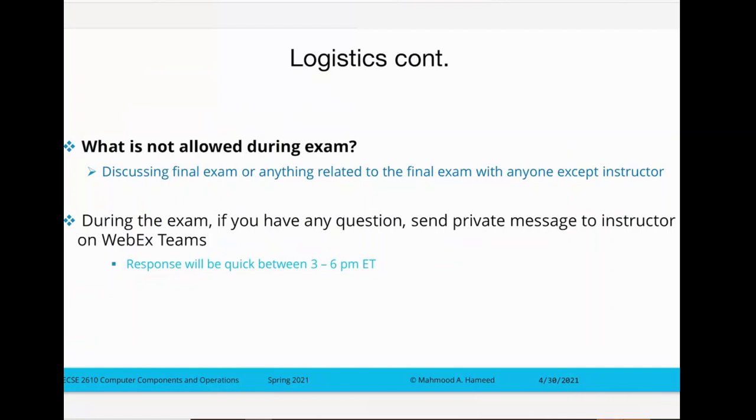But like I said, when I write the final exam, I'm going to be spending a lot of time making sure that there are no typos or potential clarifications that we might need to go through during the exam. But even if there is a typo and there is a mistake on my end, you will not be penalized for that, right? So you guys can still go ahead and answer all the things just as they appear, because it's not going to be your fault if there is a typo. All right, so